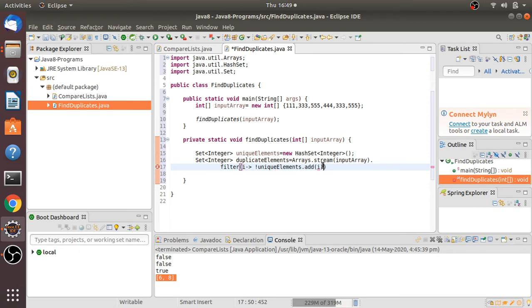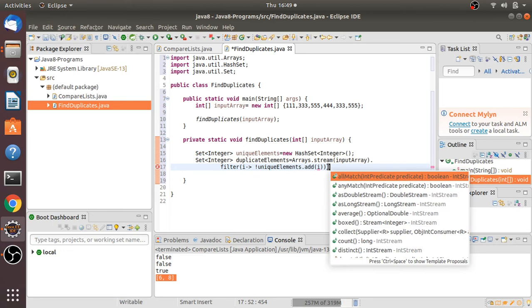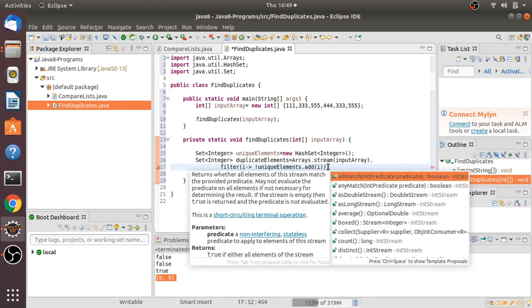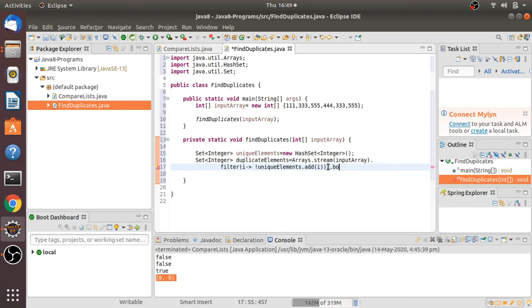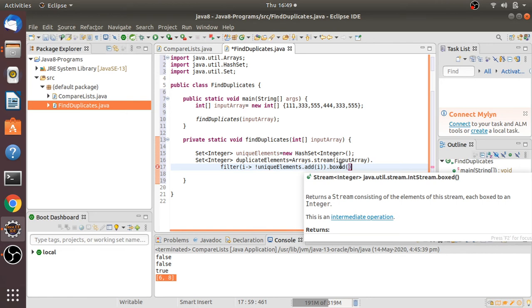And finally, whatever elements are available inside this set, I need to convert as boxed. The boxed method of the IntStream class returns a stream. Let me check that. See here, it returns a stream consisting of the elements of the stream, each boxed to an integer.